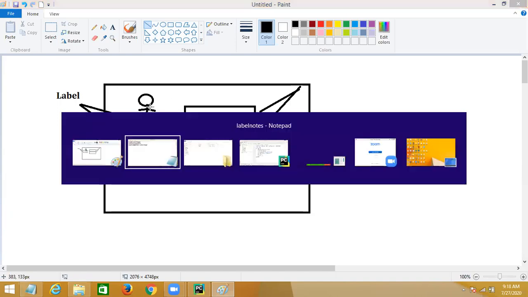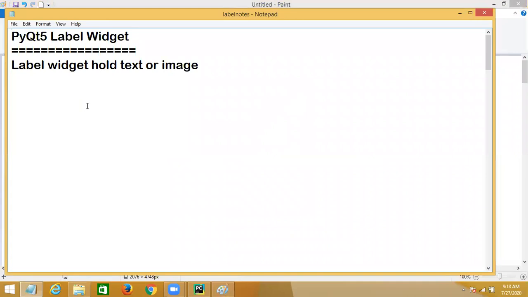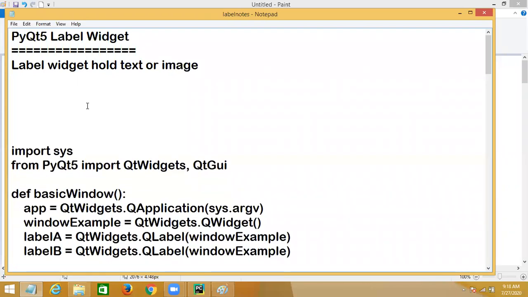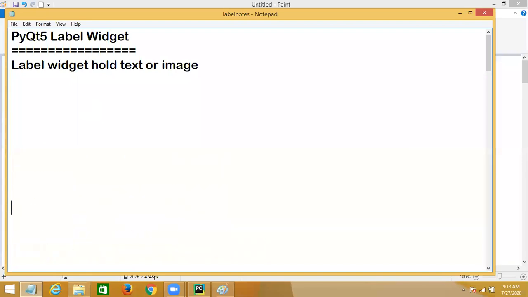Then how can I create a label? You can use QLabel. QLabel is a class.